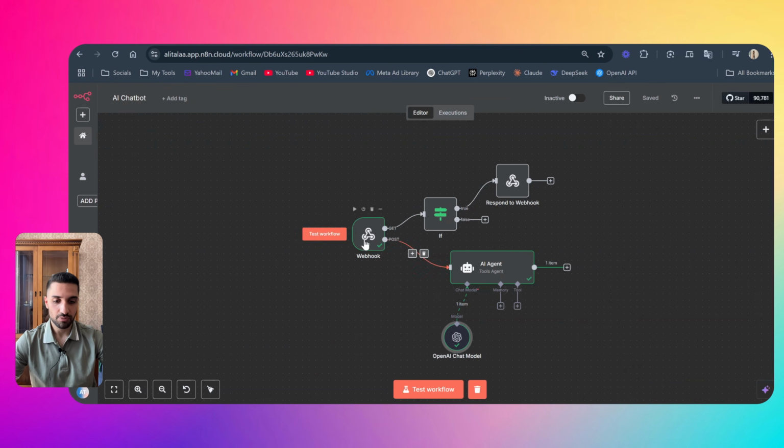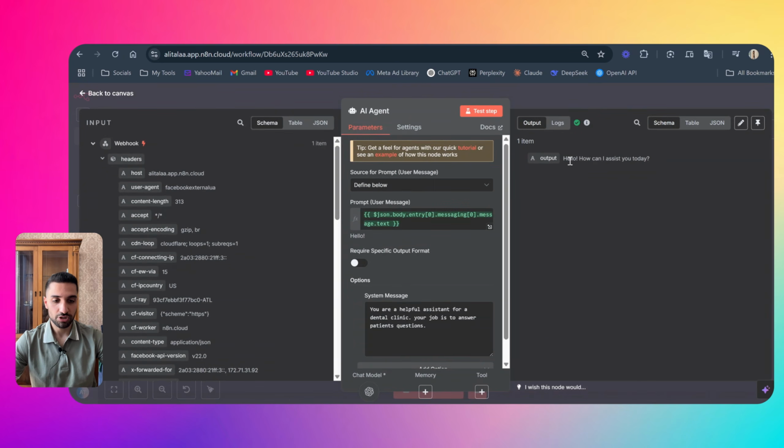So come back here, we got the message, it goes to the post branch and it goes to our AI agent, and our AI agent used the brain. So let's open our AI agent and see what the output is. The AI agent received our hello, and based on the system message, it generated an output. It says, hello, how can I assist you today? So now we want to send this back to our user, or to the person that is talking to us